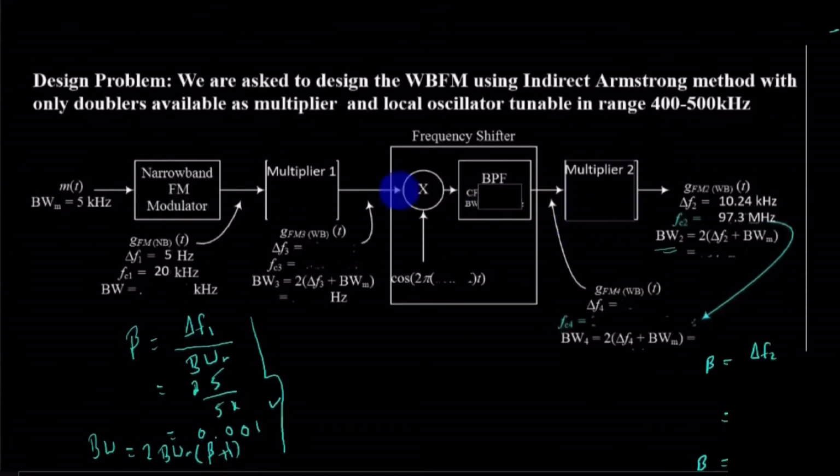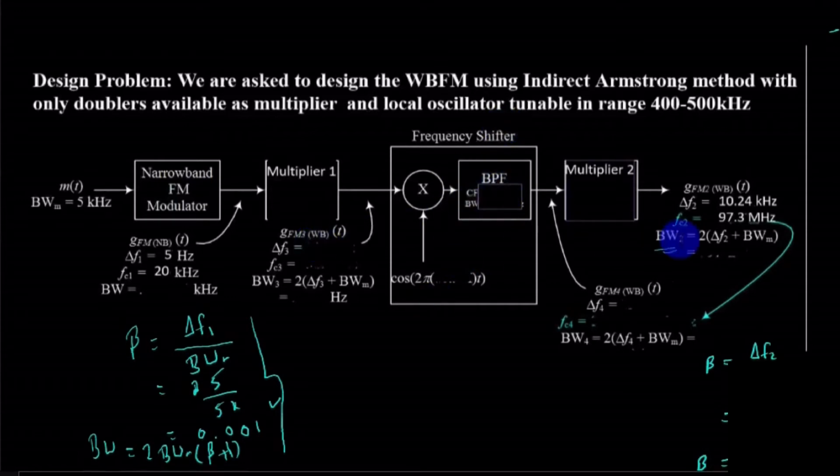But you know that in multipliers we are also going to multiply delta F1 with M1, right? And then whatever the output would be over here would again be multiplied by another multiplier. So we would have delta F2, which would be equal to M2 times M1 times delta F1. Remember, delta F1 is multiplied by multipliers, but at the same time this frequency shifter does not change it. It has no role to play, right?